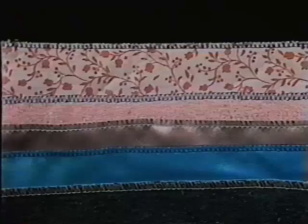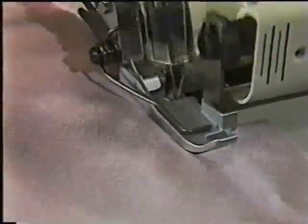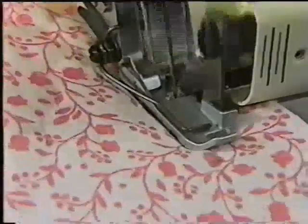For years, the choice of professionals has been the over-edged closed seam. With the Ultralock, you can create this seam on virtually any fabric, from denims to the most delicate lingerie. It's especially good for swimwear and leotards since it stretches with the fabric. Because the Ultralock feeds fabric evenly without shifting layers, it's a cinch to apply elastic or lace to the edges